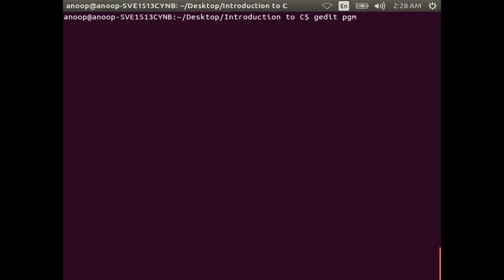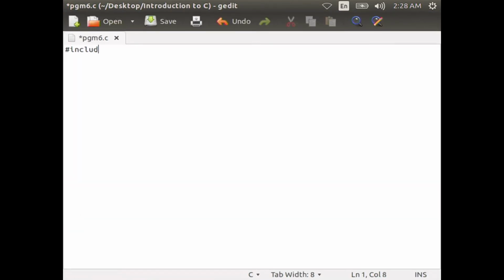#include <stdio.h>, #include <string.h>, then declare the structure struct customer within curly braces: char cname of size 20, int acct_num and float acct_balance, and close the curly brace.